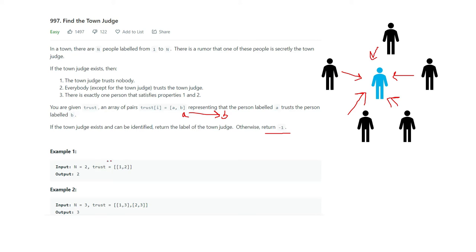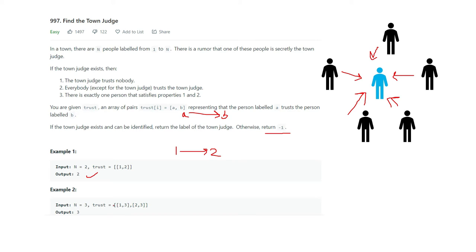So here if you take one example, n equal to 2, that means two persons are present in a city. The trust array is saying [1, 2], that means 1 trusts 2. So what will be the output here? Who is the town judge? That is 2. Why? Because here this condition is getting satisfied. Because 2 doesn't trust anyone and 1 is the only person in the city other than the town judge who